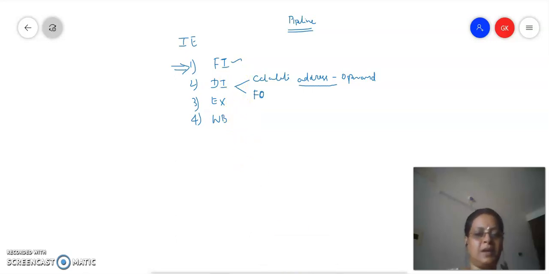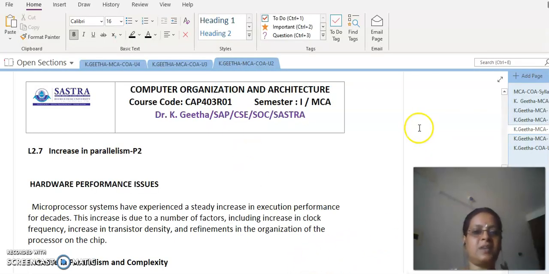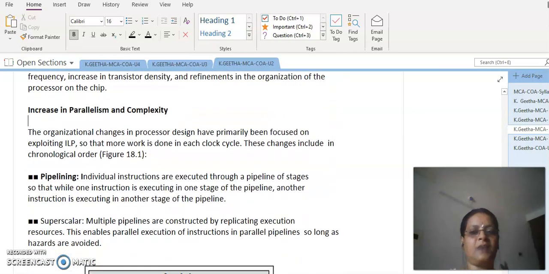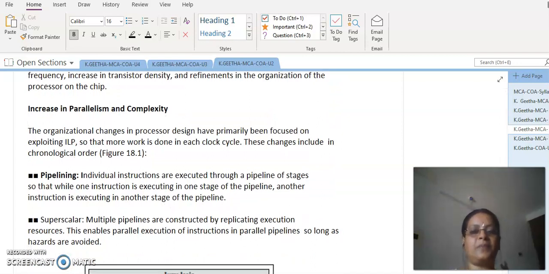Now coming back to the concept here, we are going to see how parallelism can be increased, and at what complexity. There are many factors that influence the performance of the system, namely the clock cycle. If I increase the clock rate, I can do more operations within a given period of time. That is one way to improve the performance. Another method is to have multiple units. If I have multiple functional units, I can supply all these units with data and do things in parallel, and that also improves the performance. Or I can increase the transistor density so that more components can be placed on the same system, and that way also we can improve.